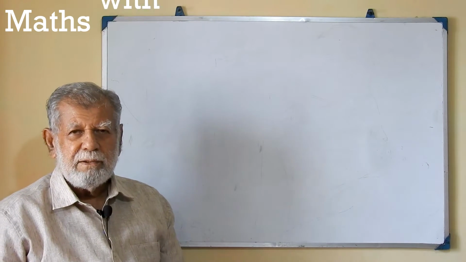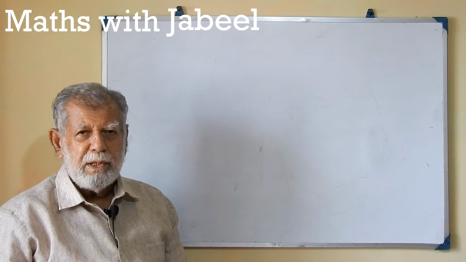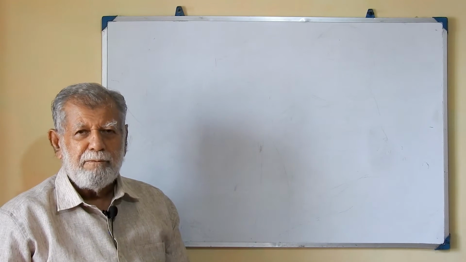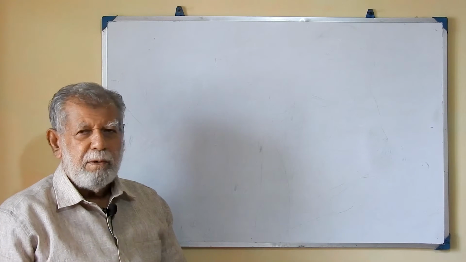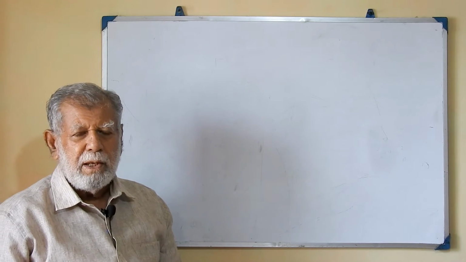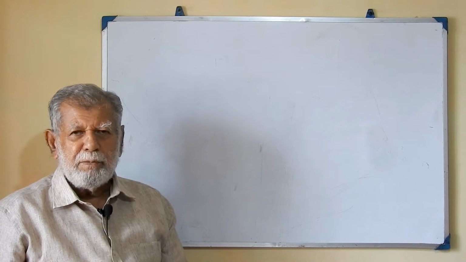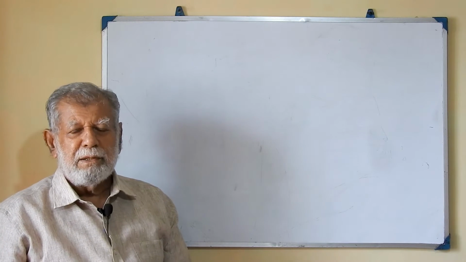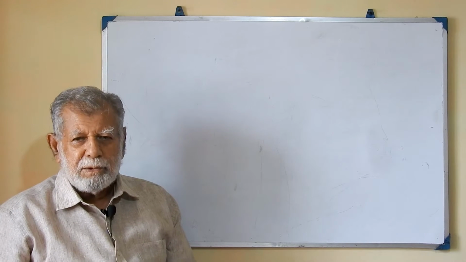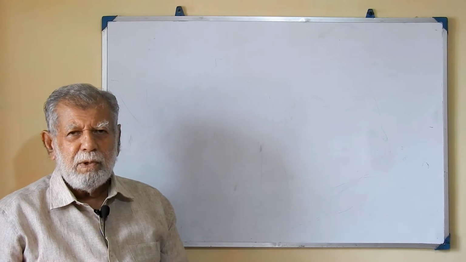The last two classes we had approximations. One is on approximating to the nearest decimal. The second one is approximating to significant figures. Both are important because examiners want the answers to be approximated to a certain number. Sometimes they say approximate the answer to the nearest second decimal place or nearest third significant figure. So you should be ready to give that answer in the correct way, otherwise you won't get the full marks for that.